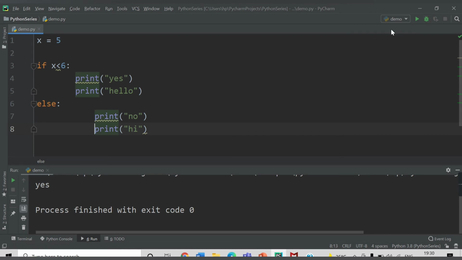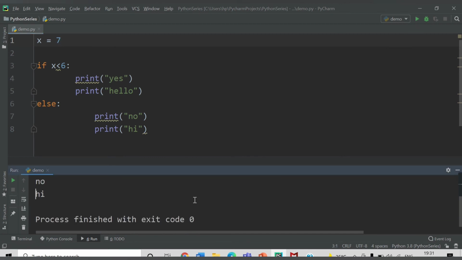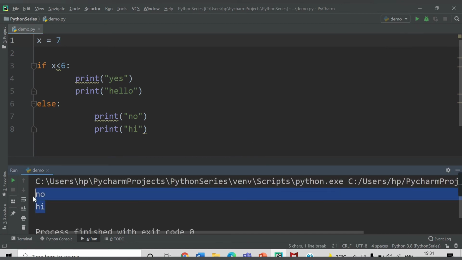Let's run this. As 5 is less than 6, I am able to get yes and hello. If I increase the value of x to 7, then 7 is not less than 6, so the else part will be executed. Let's run this. Now I am getting no and hi.